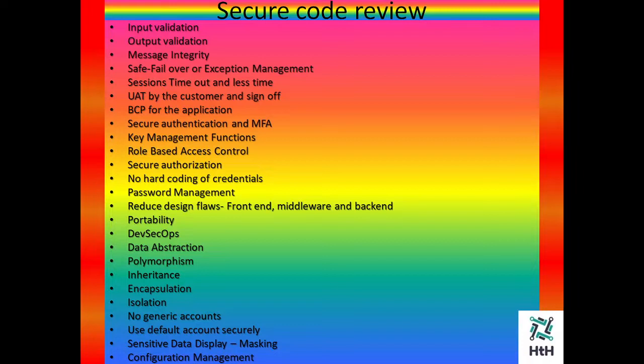Sessions must ensure that the handshake between the user host and server is encrypted and secure, taking place with proper acknowledgement, and identifies the user's credentials and the user's host machine details such as MAC address and IP address. UAT by the customer and sign off. UAT is nothing but user acceptance testing. Whenever you develop an application, once the application is ready in beta version, try to get the user acceptance testing signed off by the customer so that any security deviations may be rejected by the customer, and the customer knows what the security posture of the application is.